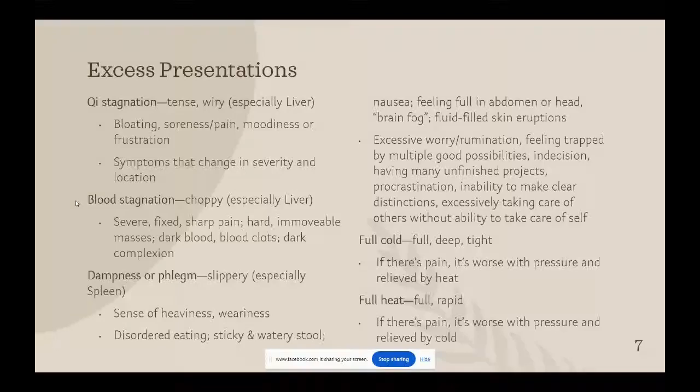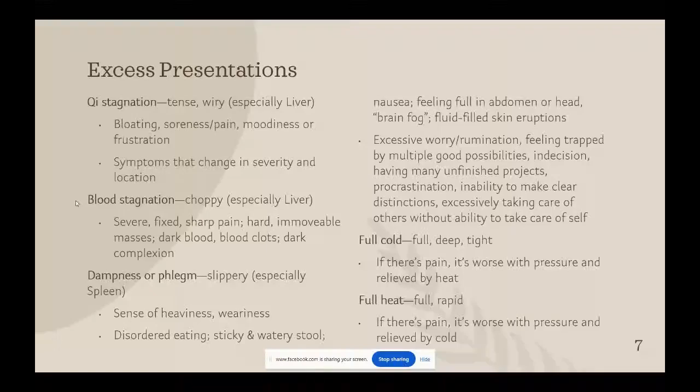So in Chinese medicine, there are patterns referred to as stagnation, like qi and blood stagnation in particular, and this could actually result from a deficiency of qi or blood. There's not enough to circulate fully, so it gets clumped up in certain areas. But these conditions by themselves are considered excess. And so with qi stagnation, the pulse might be called tense or wiry,